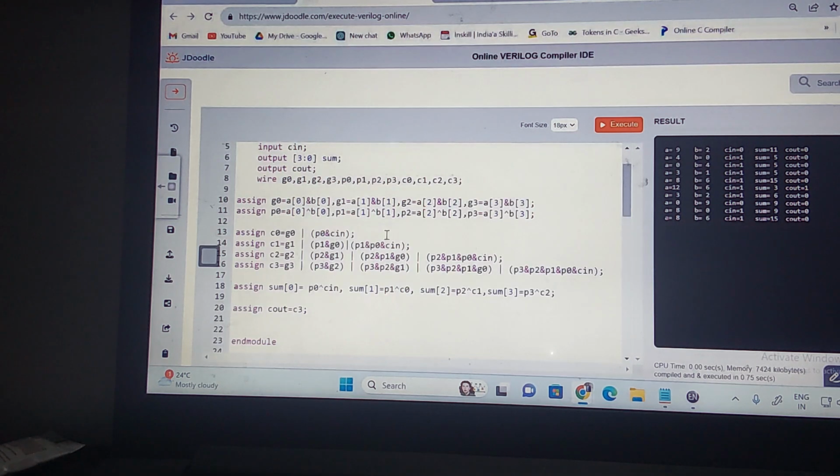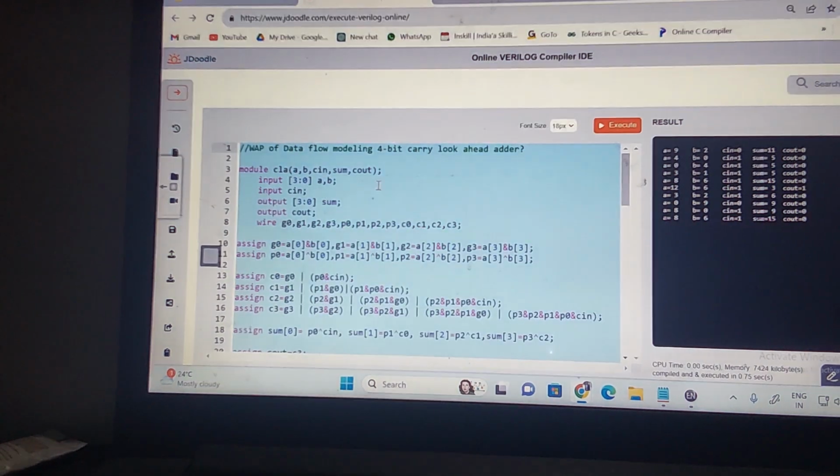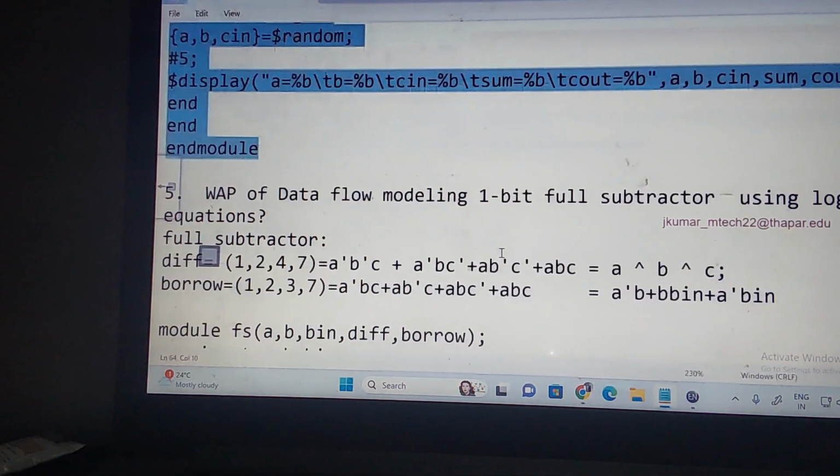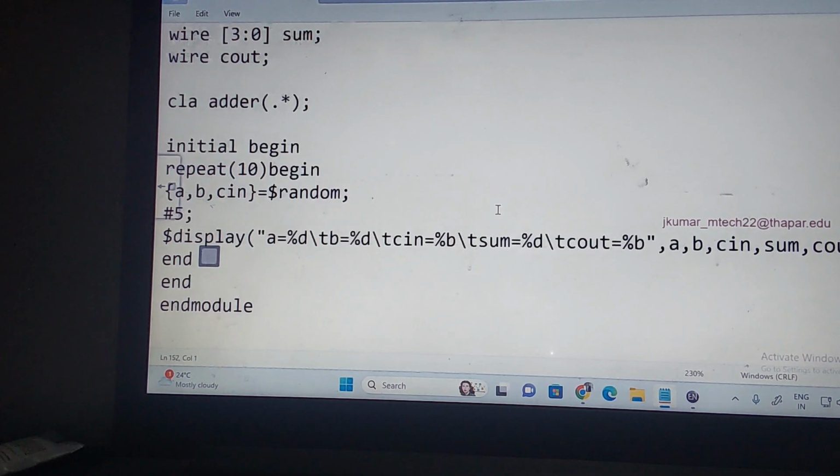Do you understand these logical expressions? Did you understand the concept of the carry look ahead adder? Like this, many fast carry adders are there, not only the parallel adder and look ahead adder. Many are there. So for your understanding, I brought one adder, a fast carry adder, the carry look ahead adder.